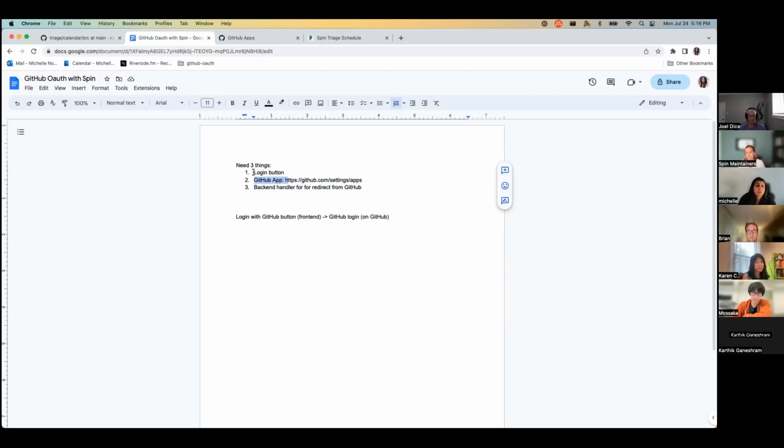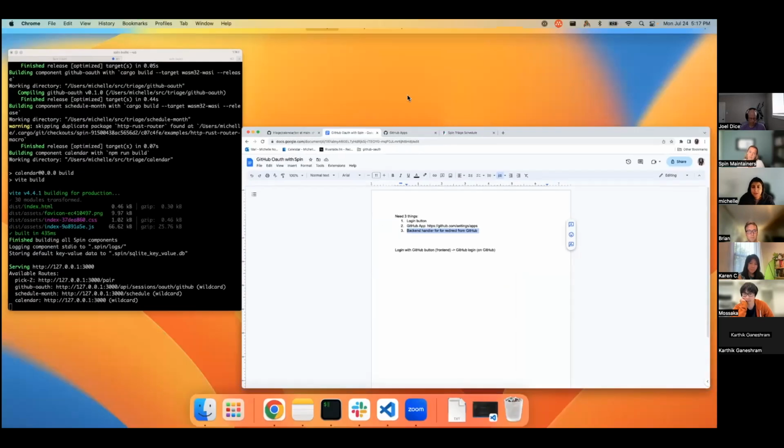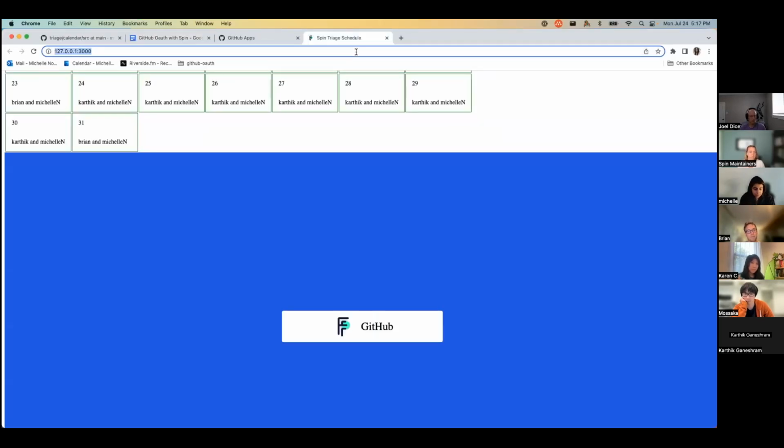What this does is, after you log in with GitHub, it will redirect to some backend handler. That handler gets a code, and basically we exchange that code with GitHub for an access token, and then we can use that access token to get information about the user or do things on behalf of the user. So I think I have to be in incognito to demo this, but